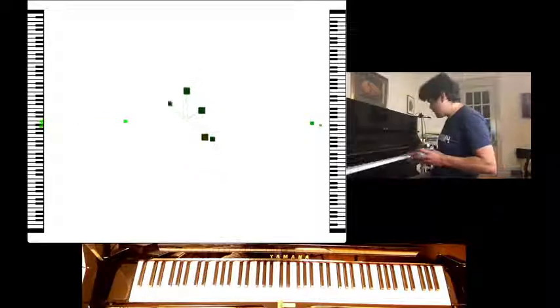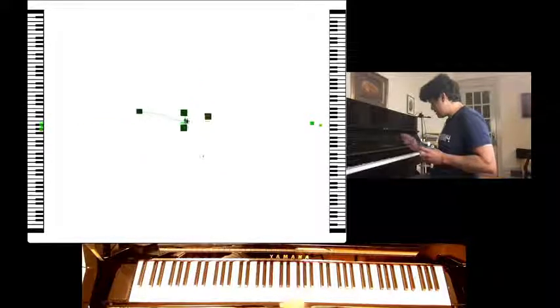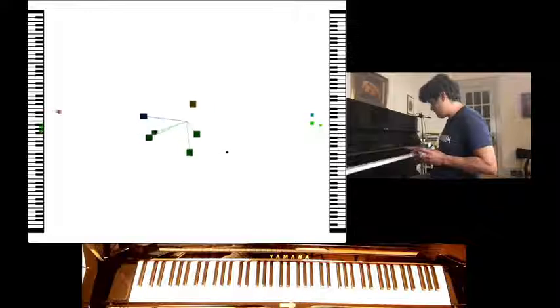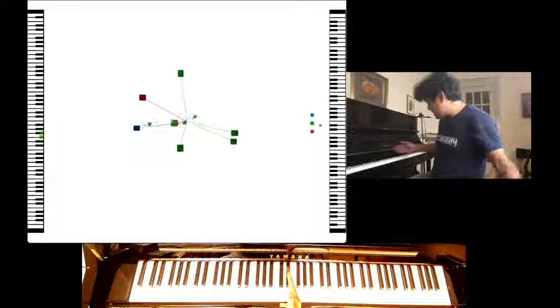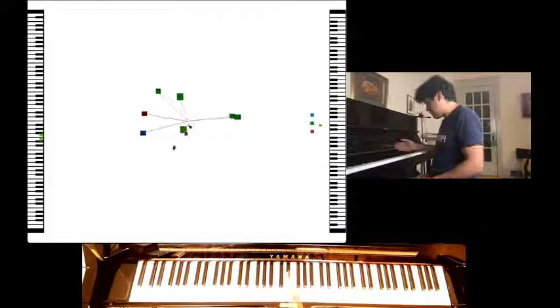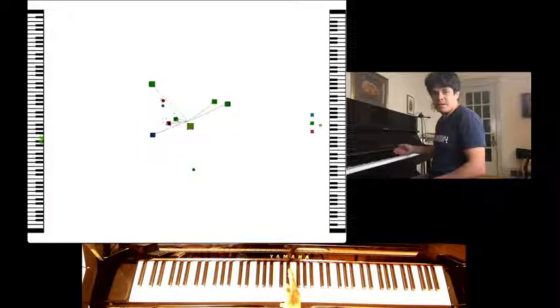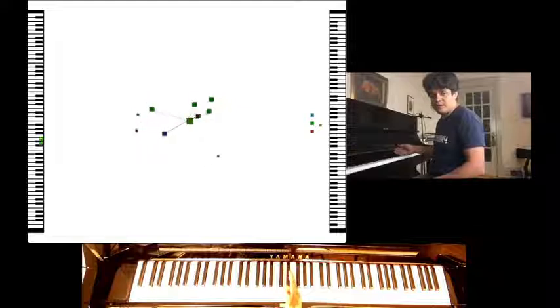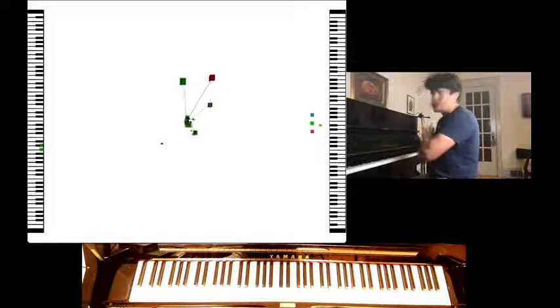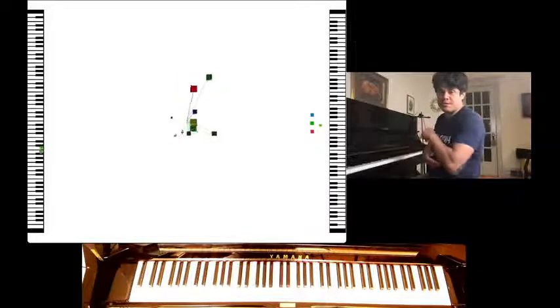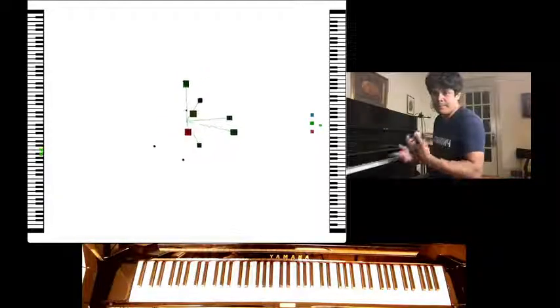And so if I play C, when it gets reflected, it goes up to G. And if I play G, it goes down to C. So this happens because I've set the reflection point halfway between the minor third and the major third of C major. So this is how you would set up for a C major, a piece based on C major. This is how you do the